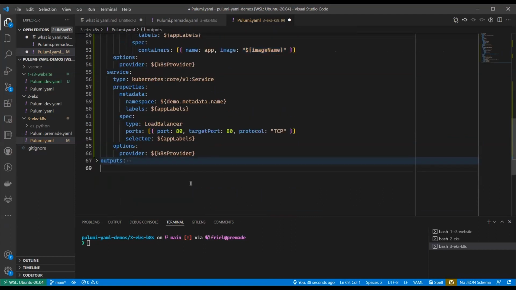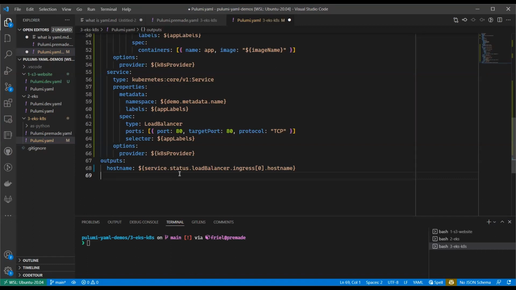We declare a service. Again, very similar to what a kubectl get service output would look like, just with these interpolated variables.